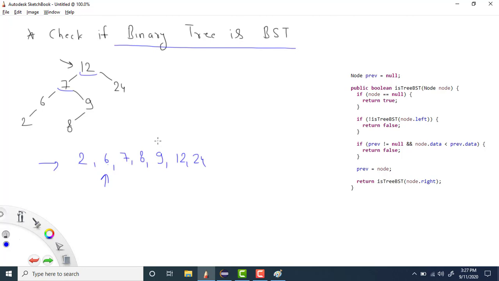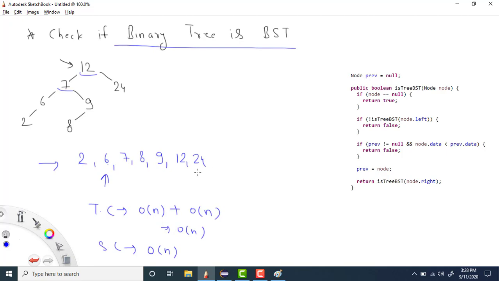So in this case, what will be the time complexity? First of all, because we are doing in-order, the time complexity will be big O of n. And after doing this, we are again checking with the previous element, right? So again, if there are n elements, we need to do it n times, so it will be big O of n again. So overall time complexity will be big O of n. Now space complexity. Because we need to fill the array or the list, the space complexity will also be big O of n, because we need to store the n elements, right? So this is the first way.